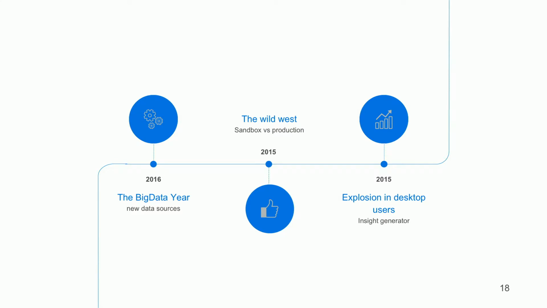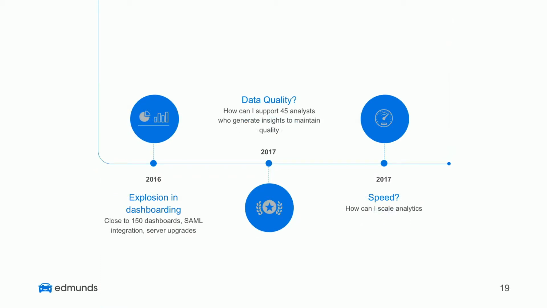We got a lot of adoption. A lot of dashboards being created. It became a wild, wild west very soon because there was no real control, no real managed environment in terms of how to use data. But then things started to change. The big data year, the cloud came in. So we started moving how to use Tableau to kind of use these different technologies out there. And right now we're at the stage of how to get that quality, how to get that speed, and that's where we started thinking about some of the things that I was showing you earlier.